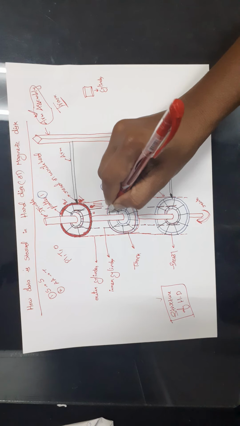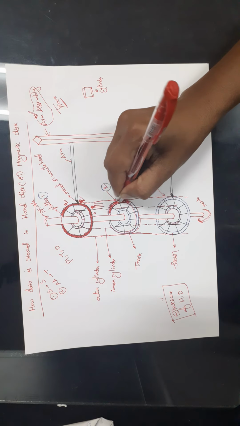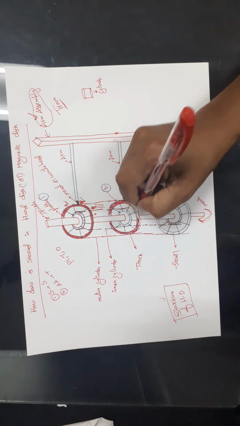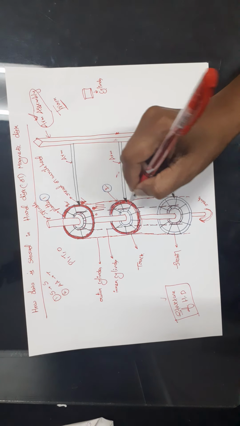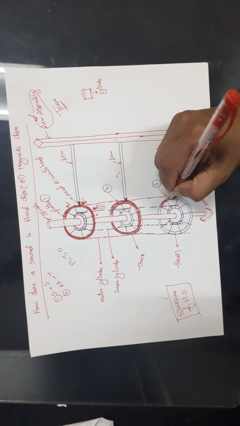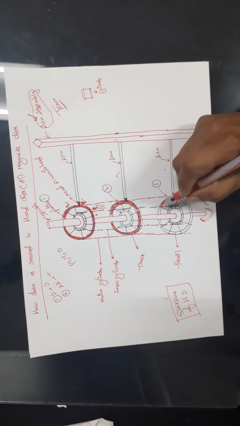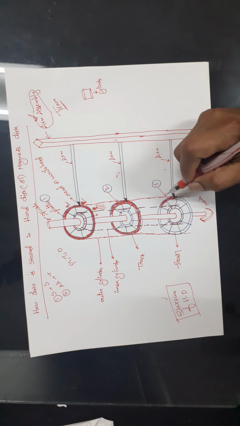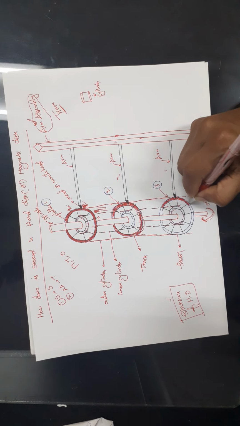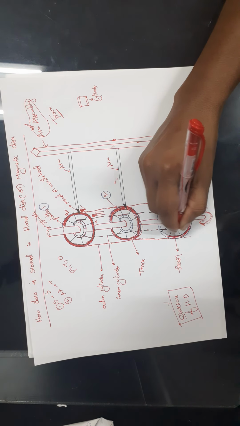That means I should follow the same steps. First I should fill sector number 0, then sector number 1, then sector number 2, then sector number 3, and so on until all the sectors are finished on this track. Now I should go to the outermost track of plotter 3. Let us assume that I have finished all the sectors, that is, I have entered data into all the sectors of the outermost track of plotter 3. So like this I have filled the entire track.